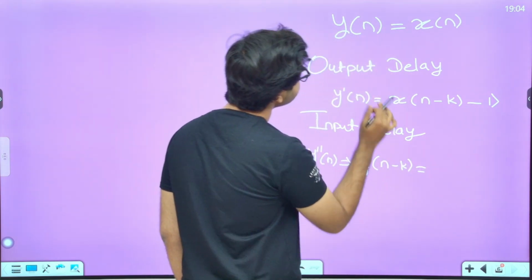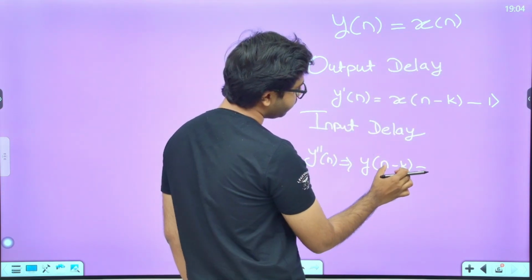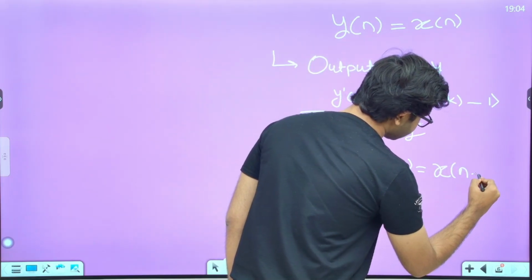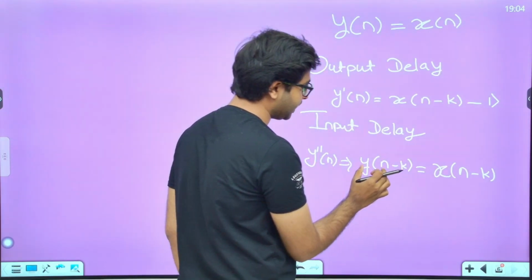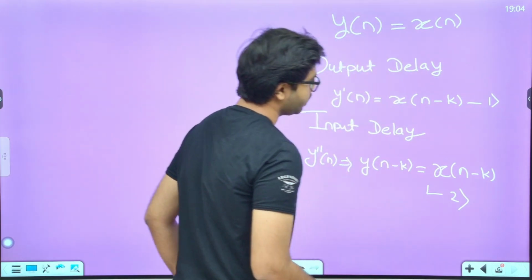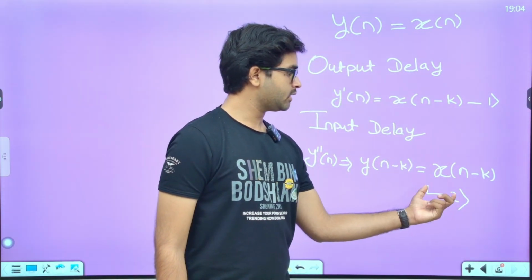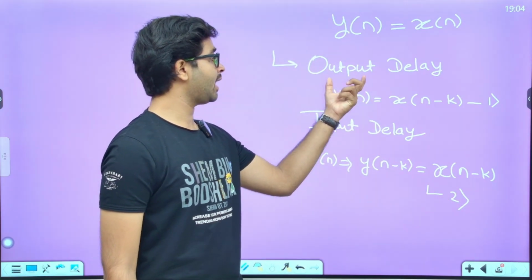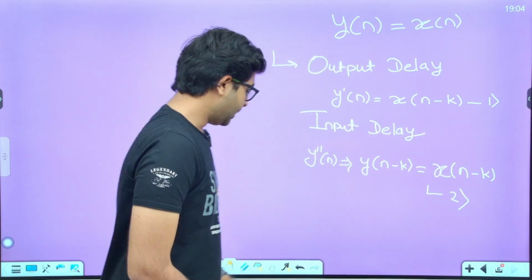For that case, y of n is there, output is x of n. When n minus k is there, obviously x of n minus k will be here. Instead of n, we have just put n minus k, and this is equation 2. By doing the delay in output and input, both the expressions are the same. Hence,